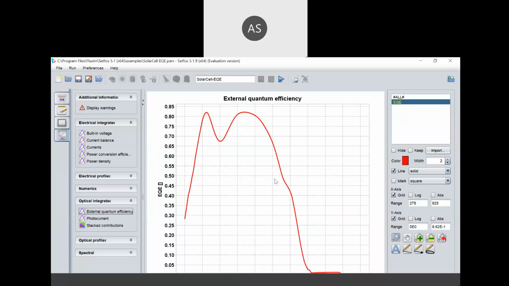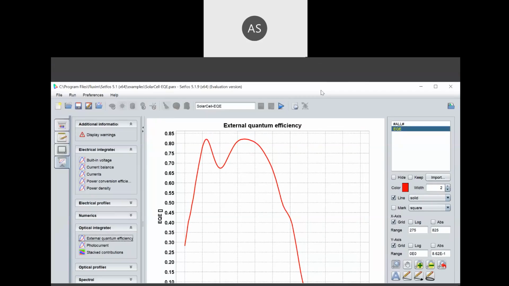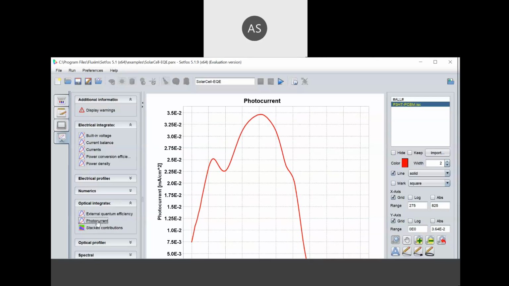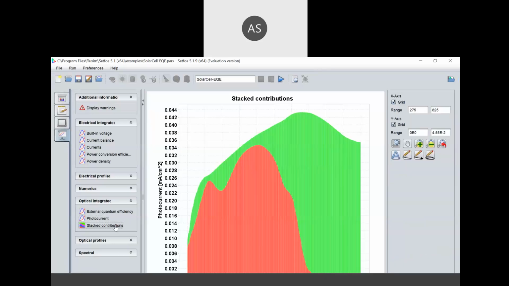This is the quantum efficiency output. How much efficiency you will get, you can see here on the screen. Now photocurrent analysis, this is for photocurrent, stack contributions, and other optical outputs.